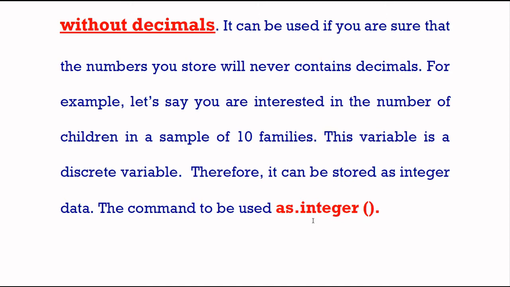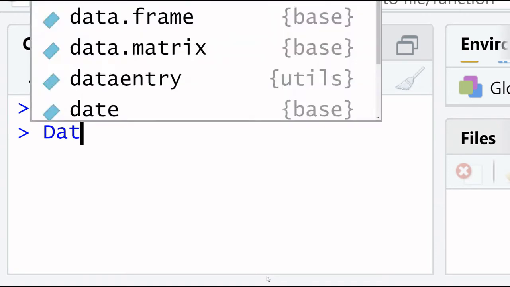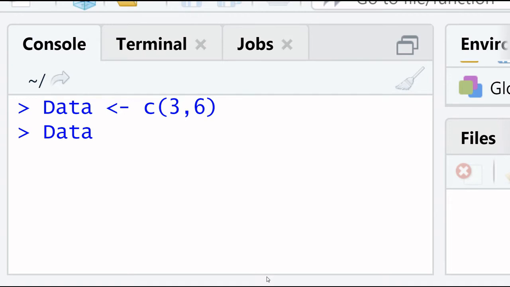Now we perform the whole procedure in R. Here is the get command for our data set. Now we check the data, whether it is stored.